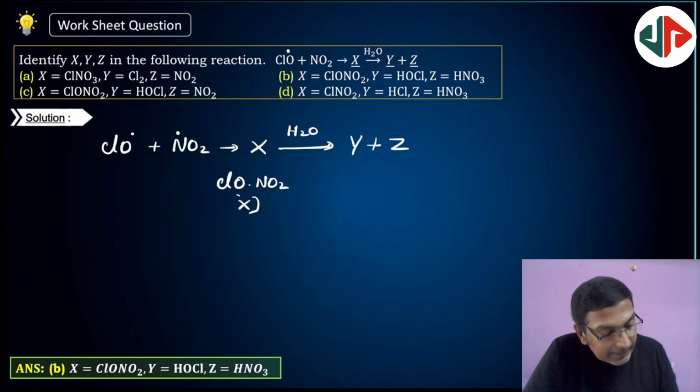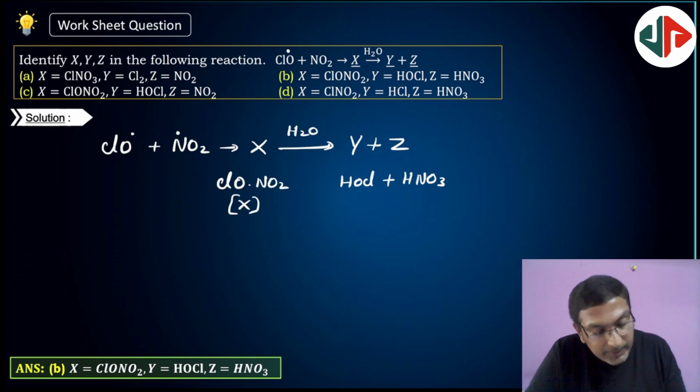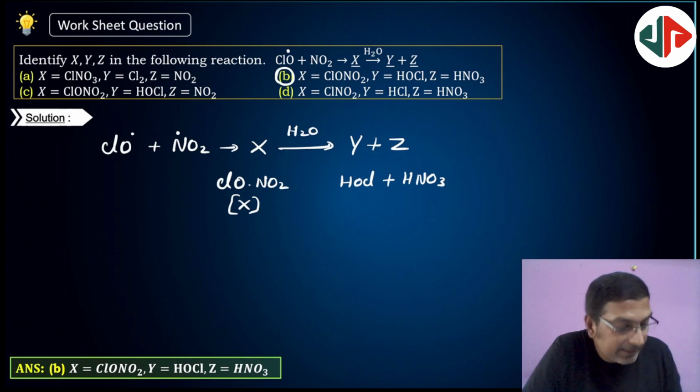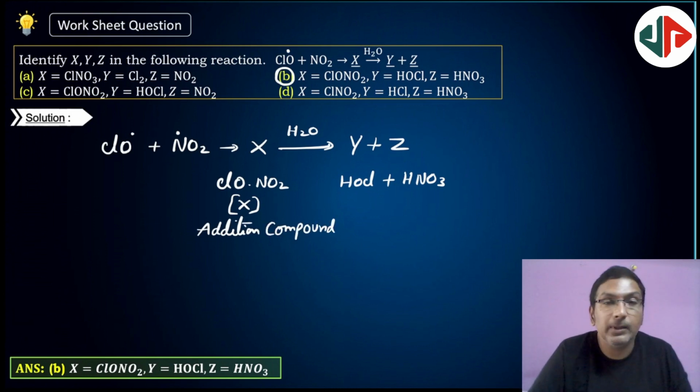This is X. And it dissociates to HOCl plus HNO3. Check here. So X is ClONO2, Y is HOCl, Z is HNO3. Option B. Yes, this is an addition compound. Next,